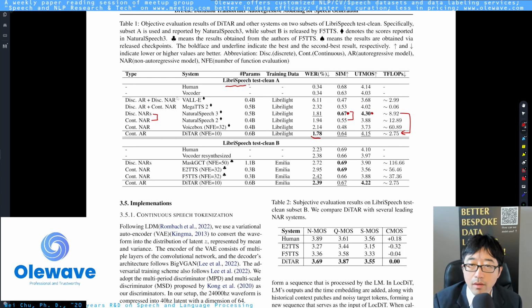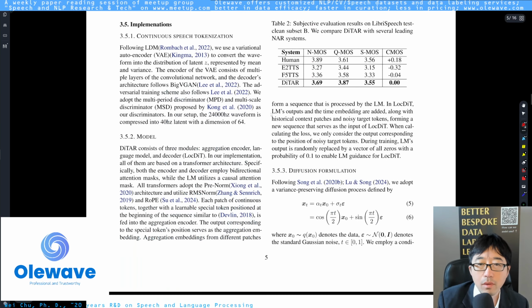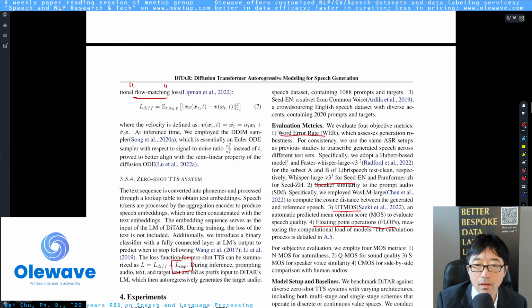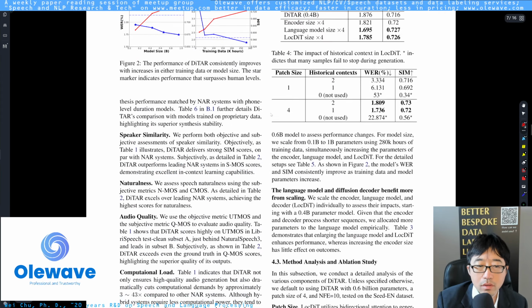Could that be because the amount of data is not that much? Probably. This is my gut feeling. If you want to use a continuous model, you might want to have more data to train it because it definitely requires more parameters. This is my personal opinion. I want to see whether they covered these in their experimental results.